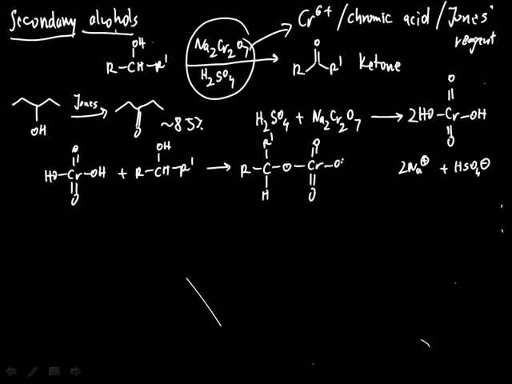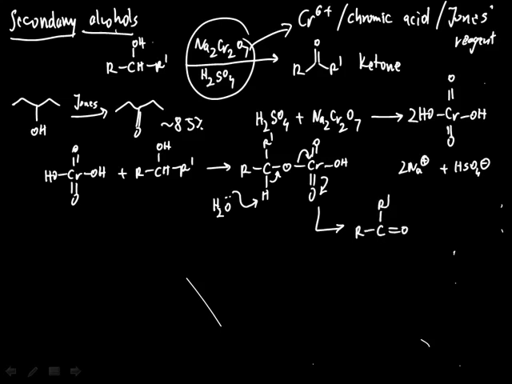Which is shown here. And this is now attacked by a base, which doesn't have to be a very strong base, so water will do. And in a mechanism which sort of resembles an E2 reaction, we abstract the proton, form this double bond now between carbon and oxygen, and eliminate chromium as a leaving group, which ultimately results in the formation of